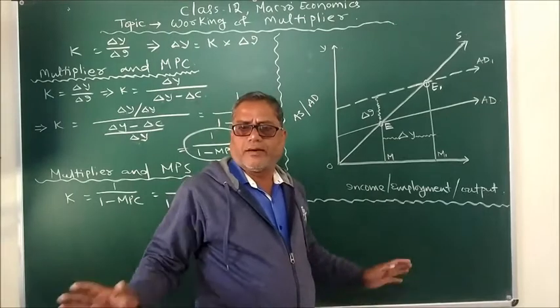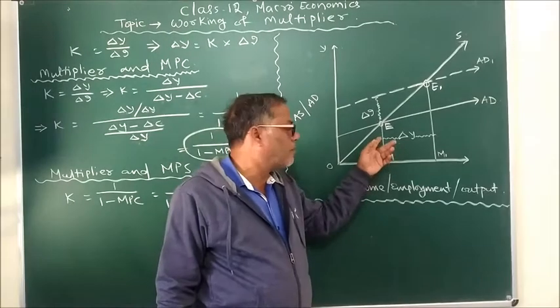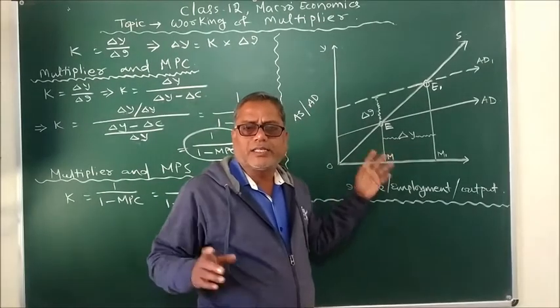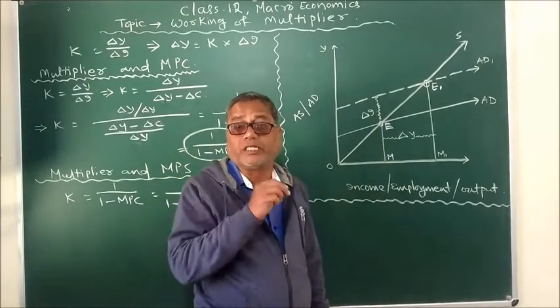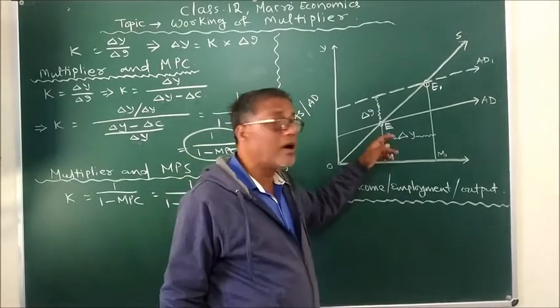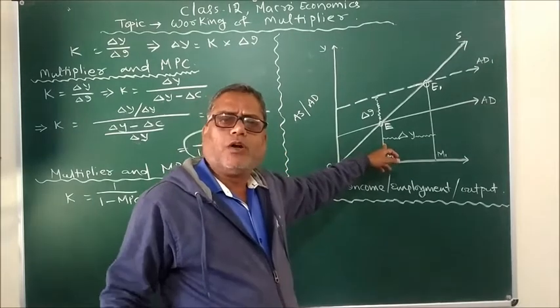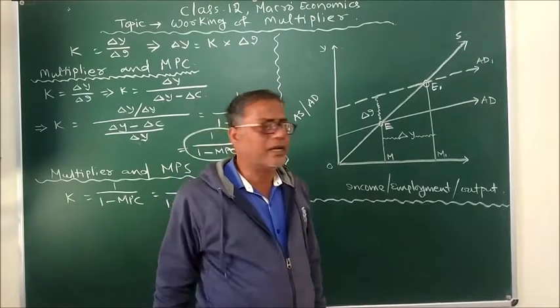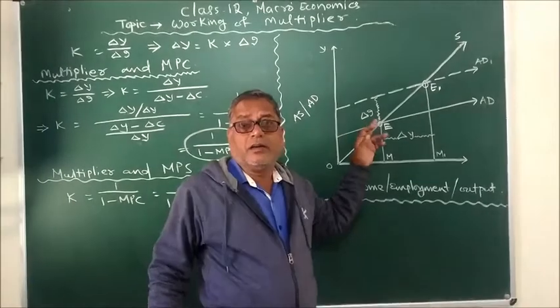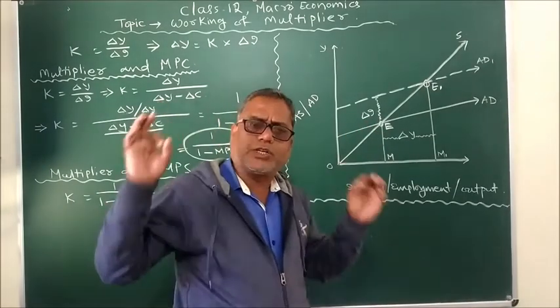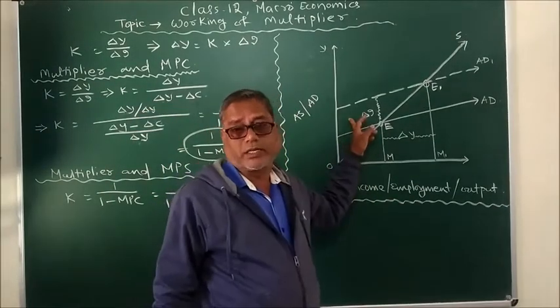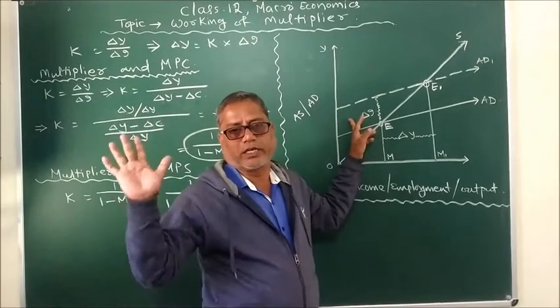But in your syllabus, the backward working of multiplier is not there, and unless you are asked in the question specifically to explain about backward working of multiplier, if you get a question that asks to find the working of multiplier, then you just understand it as forward working of multiplier only, no backward working of multiplier.